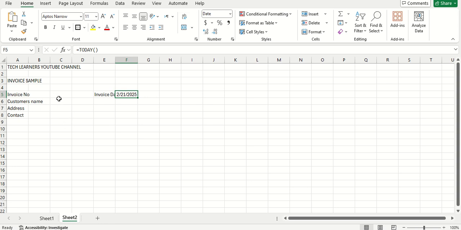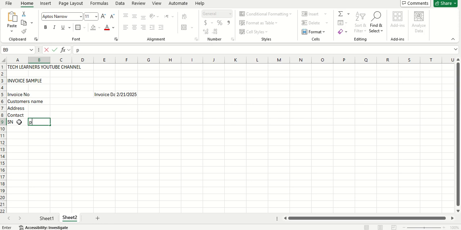Here we will put the invoice number. Here we'll put the name of customers. I will merge these two and this one. So I'll type here serial number, product name, rate, and